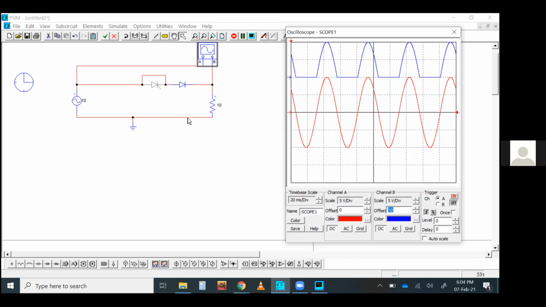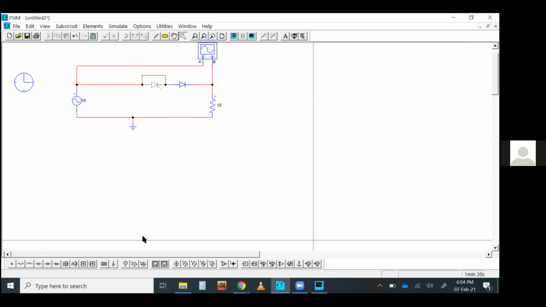So this is the uncontrolled rectifier because you cannot control the diode here. You cannot change when the diode should conduct. You cannot change the output voltage here. That's the limitation. So if I replace this diode with a thyristor, that will give you much more control. You can change the firing angle and make the thyristor conduct or turn on anytime you want. Let's do it.